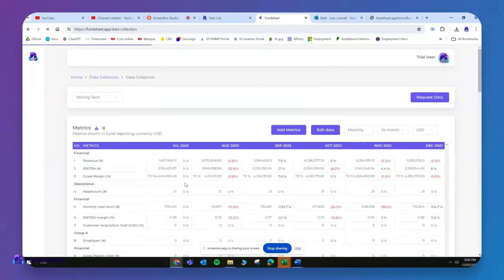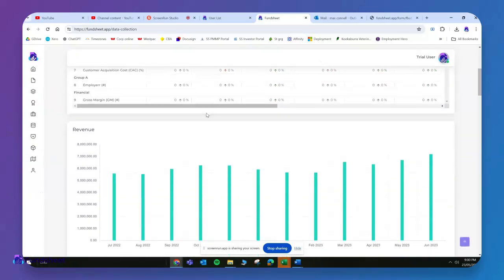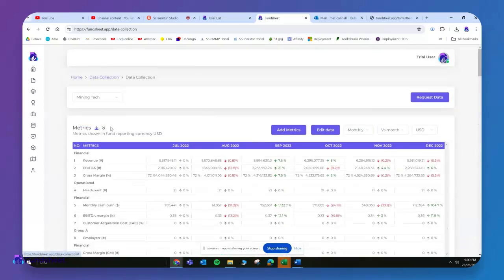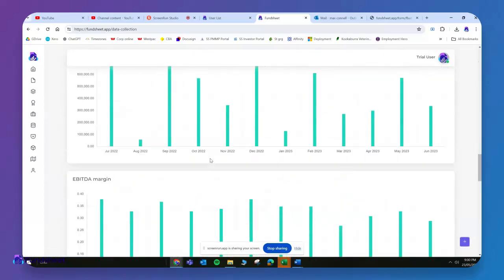What else? I think we've pretty much covered everything for this module. You can also export this to Excel if you prefer. Otherwise, yeah, that's